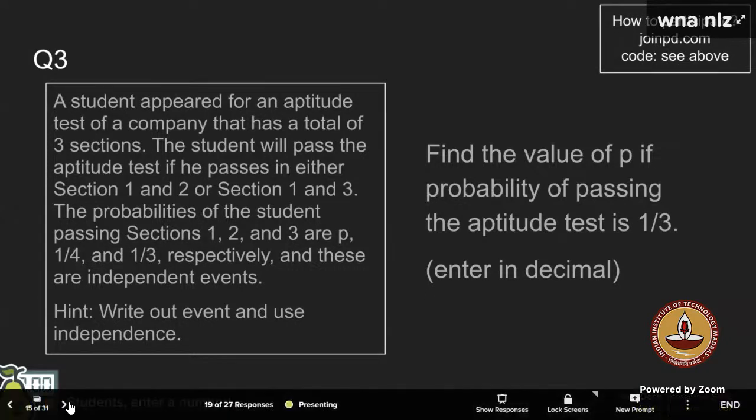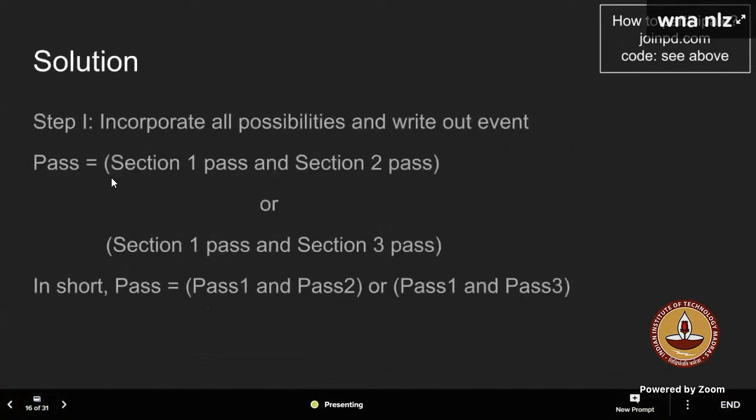Okay, so let me move to the solution part. Whatever you said is okay. This one is the intersection, section 1 pass and section 2 pass. Then the OR part, that is the union, and then again 1 intersection 3. Can I write the A intersection B part just as X? And this 1 intersection 3 part, again I can write just as Y. So will this convert into X union Y?